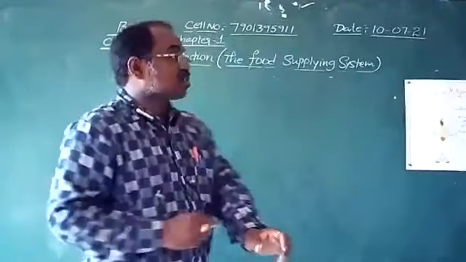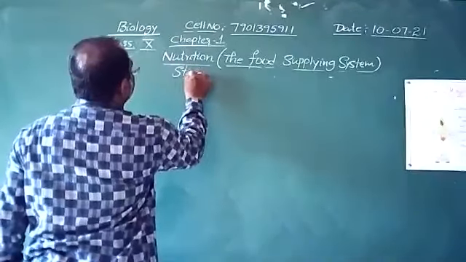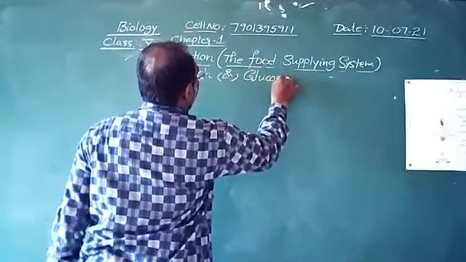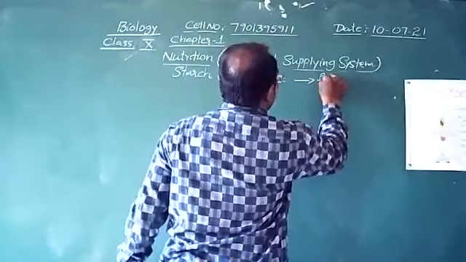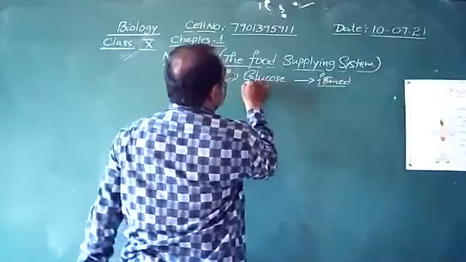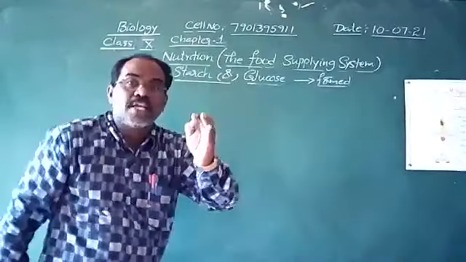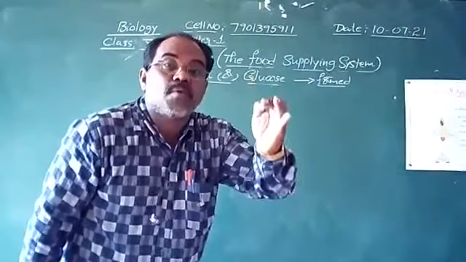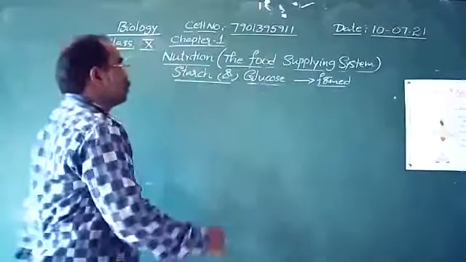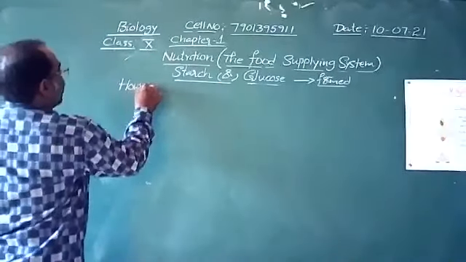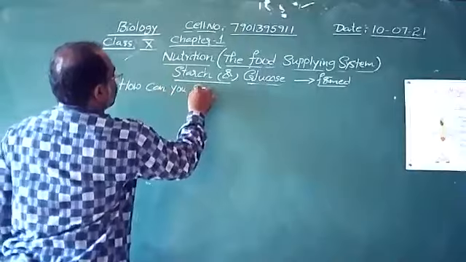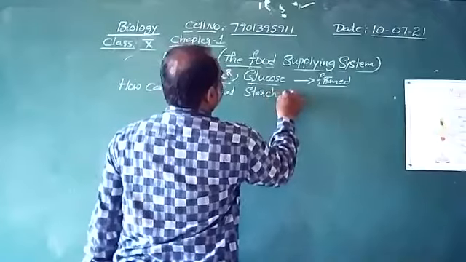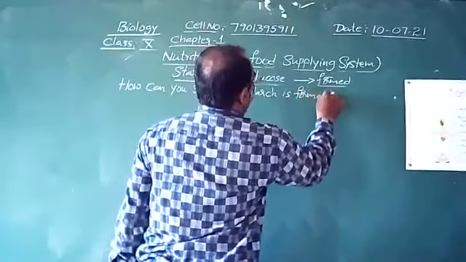During the photosynthesis process, starch or glucose is formed. How can you say that starch is formed during the process of photosynthesis? How can you say that? Starch is formed by the process of